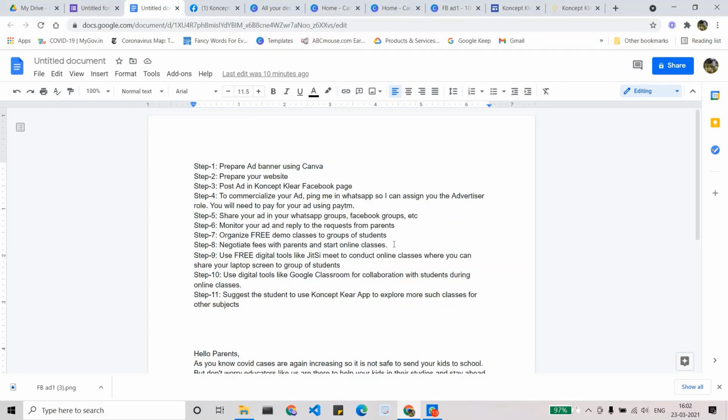And then there are some students who also pay on a monthly basis. So they pay 1000 rupees because they just want to study as per the curriculum. So for that, the fees is 1000 rupees. That's what my wife has kept. But depending on your subjects and the class, you can decide your fees. Okay, you can directly negotiate with the parents and then start.